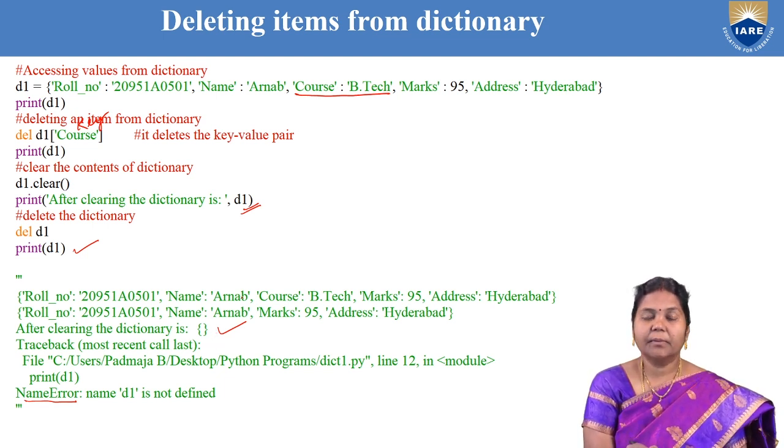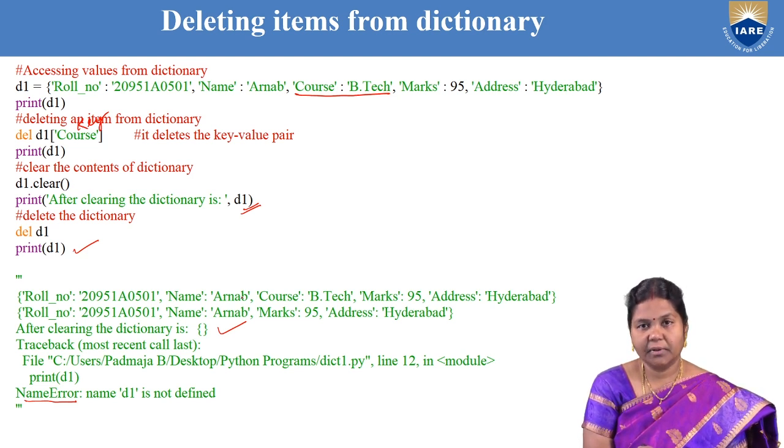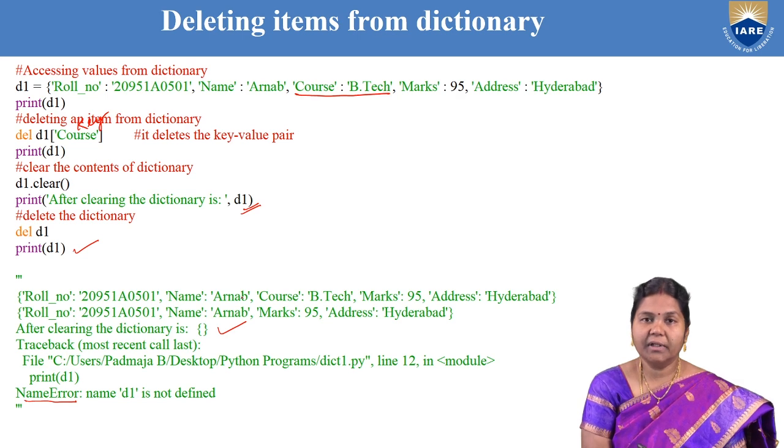So, in this example, we have learned how to delete a particular key value pair by using the del keyword. Then we have learned how to remove all the key value pairs from a dictionary using the clear method, which keeps the dictionary object as it is but clears only the contents. Similarly, if you want to delete an entire dictionary, use the del keyword again. These are the different ways of deletion we have learned in dictionary.